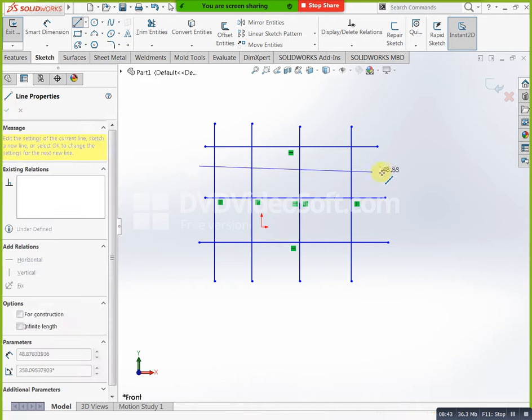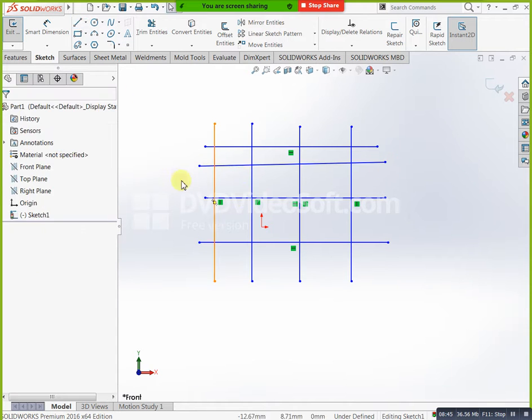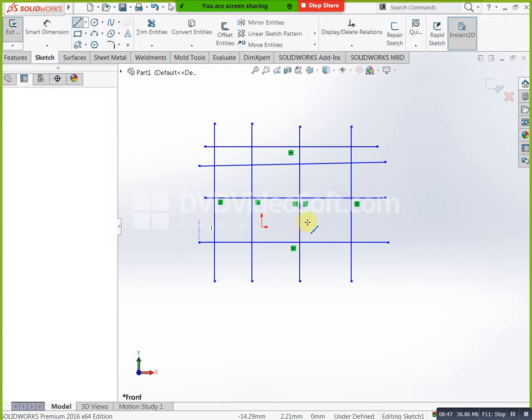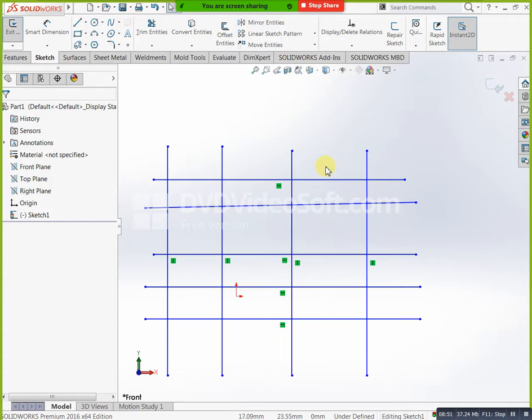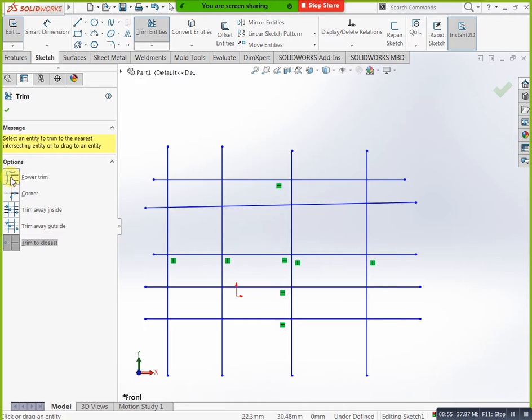Okay, I have it like this. In this condition, here we have trim, you can select this trim. Here we have totally 5 options: power trim, corner, trim away inside, trim away outside, and trim to closest. Power trim you can select, you can remove like this.